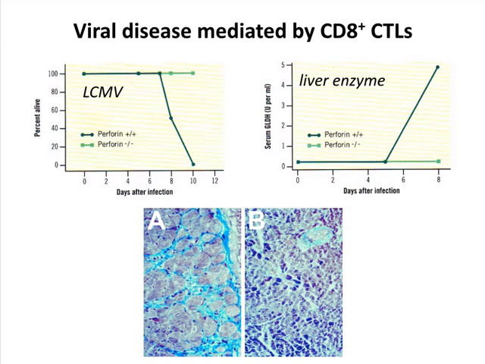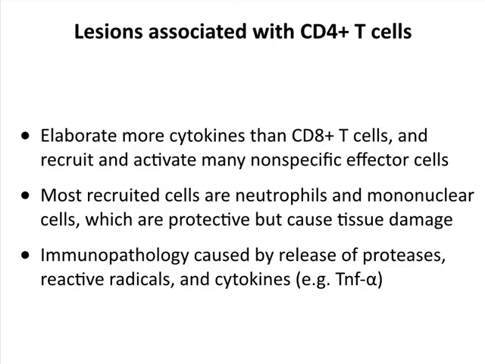On the right is a measurement of liver enzyme in the serum of these animals. When the virus is damaging liver, the cells release enzymes, which you can easily assay. So this is one particular enzyme of the liver. And you can see in wild-type mice, the plus, the dark green, the serum enzyme is rising. If you knock out perforin, you don't get any liver enzyme in the serum. The CTLs are not damaging liver cells, so the release of enzymes into the circulation is a result of CTLs lysing the infected cells. So that's an example of